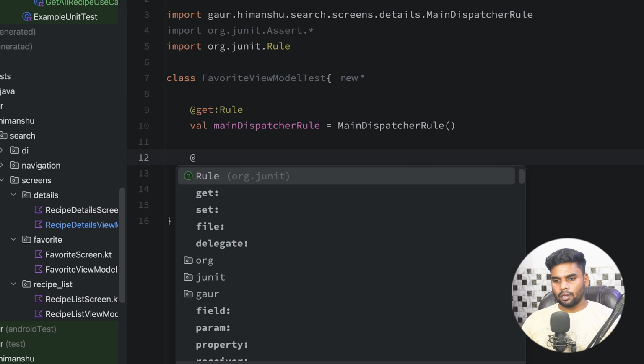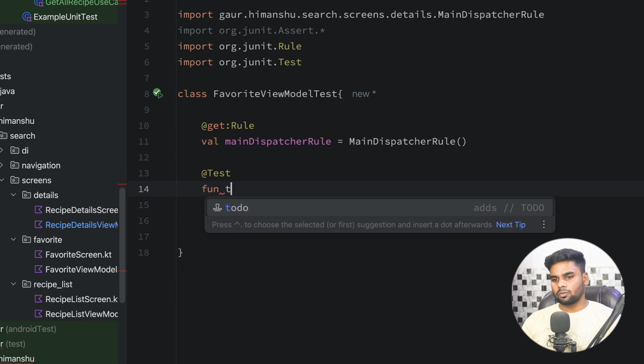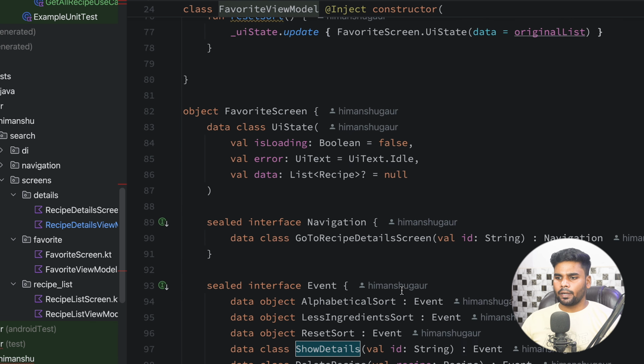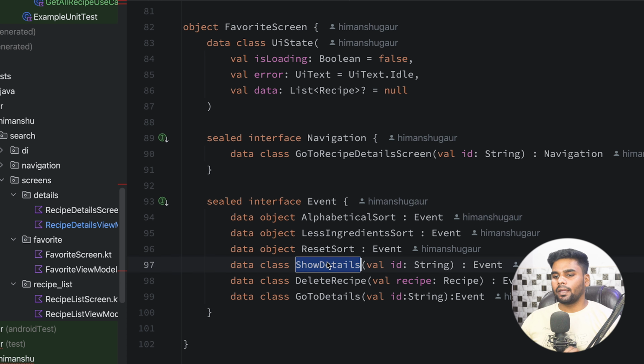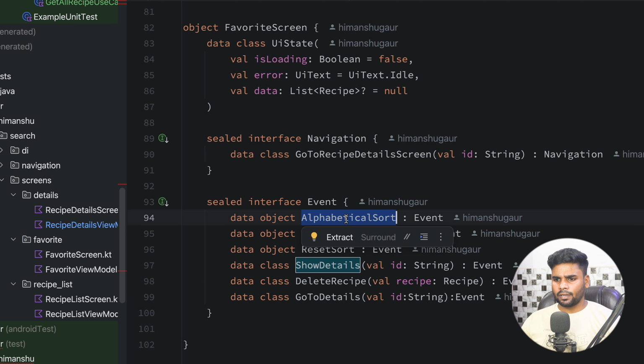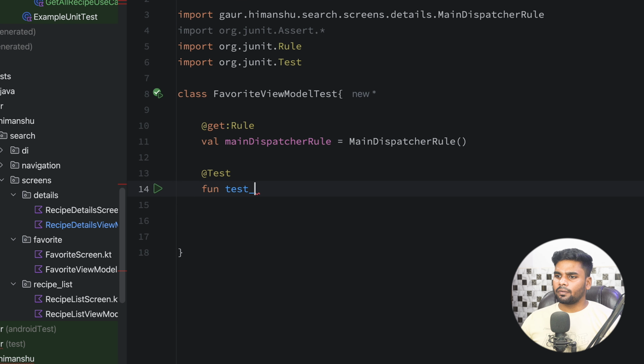Alright, so now I'm going to create my first test case. So fun test. Let me open the favorite view model again and go to the bottom. Here in my events I have alphabetical sort, list ingredient sort, reset sort, and delete recipe, and these two eventually perform the same navigation. So in total we have 5 different unit tests. Let's begin with our alphabetical sort. Go to your favorite view model test, and here I'm going to call this